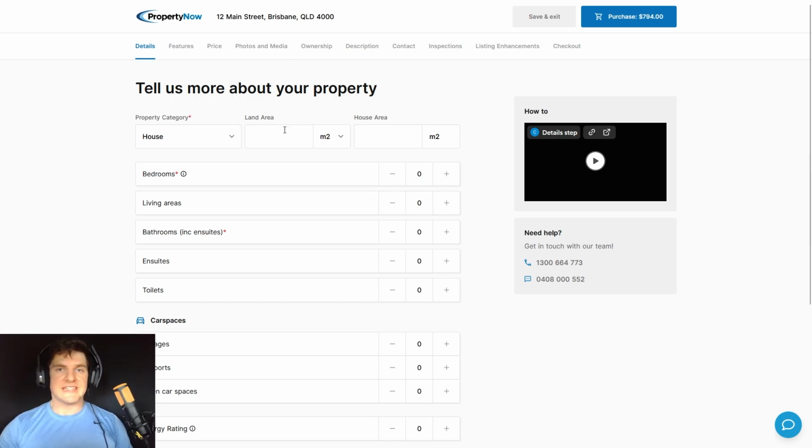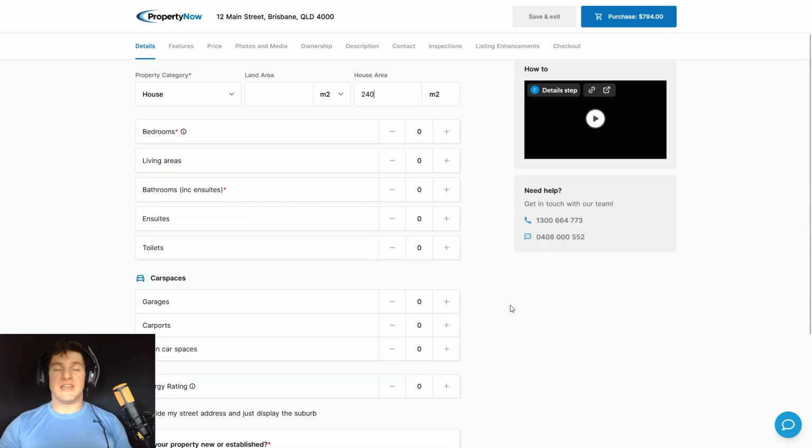So moving on to the land area, we'll go ahead and leave this blank. And in the house area, we'll put something generic like 240 square meters. Next, we'll just need to fill out some information on the types of rooms available in the property. So go ahead and click the plus and minus icons below in order to correctly show the details of your property. So for example, this property will have 3 bedrooms, 1 living room, 2 bathrooms including ensuites, 1 ensuite, and